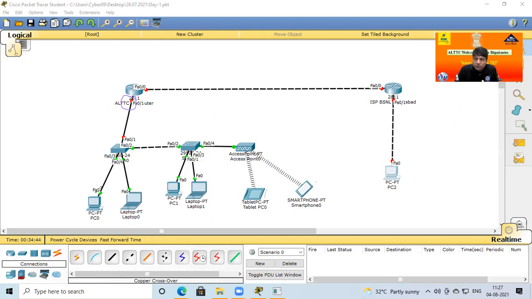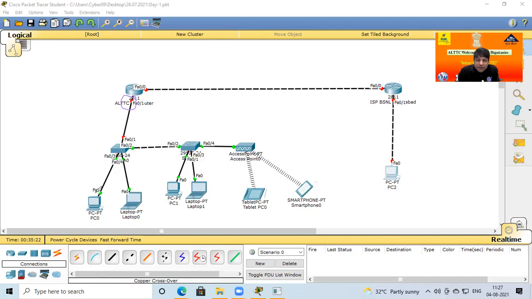So again to conclude today's session: we discussed different types of LAN cable and the specification of this LAN cable. You can use any types of LAN cable, but internet speed depends on the LAN cable. If you have more than 10 or 20 Mbps speed, never use Cat5 cable, always use Cat6 cable. If you have more than 100 Mbps speed, use Cat7 cable. So depending on the requirement of internet speed, you can use that kind of LAN cable.